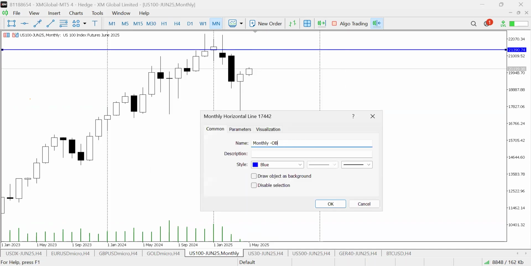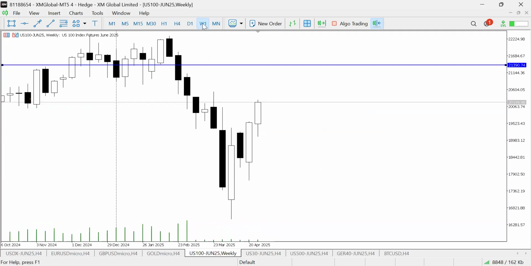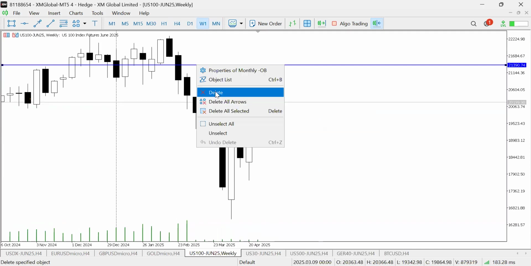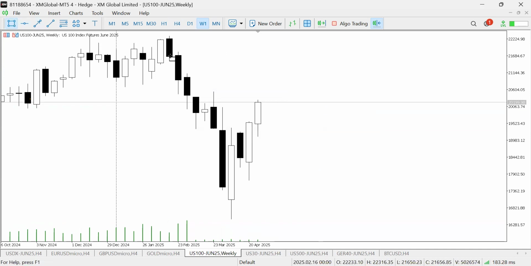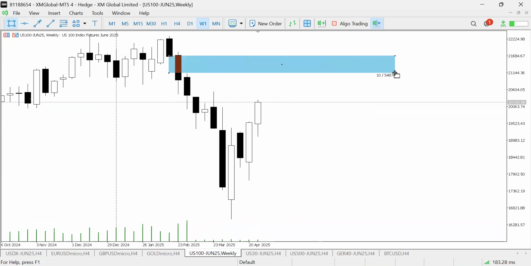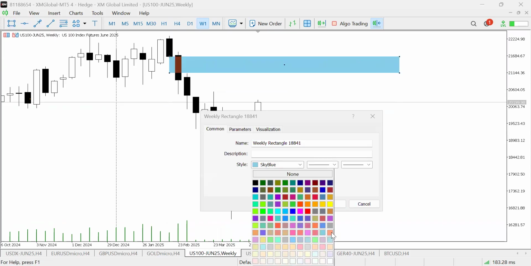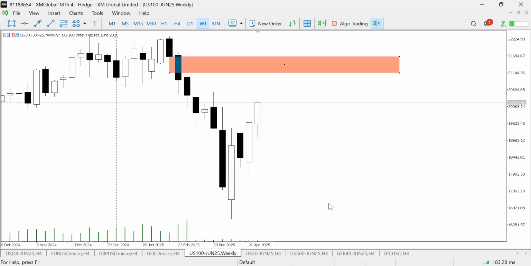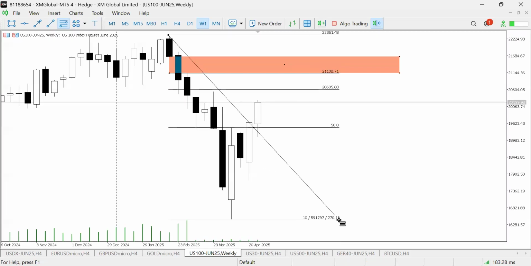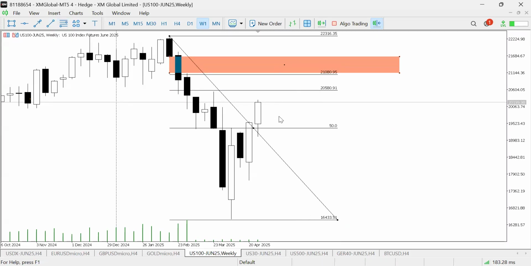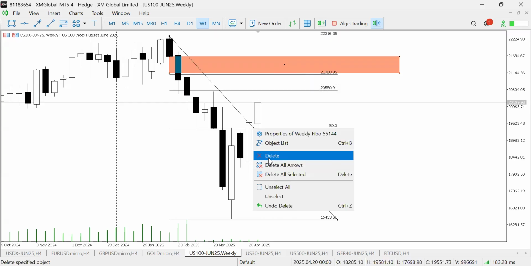Right. So I have a monthly order block right there. And I would actually remove this one because I have a more powerful thing here, which is a fair value gap. Excuse me. Got a fair value gap. Now, if you look at the swing from this high to this low, we're above 50%, right? So I want to see how price reacts when it gets here. I think the market will open, drop a little, and then rush to get up there, only for it to sell and go lower. That's what I think, because